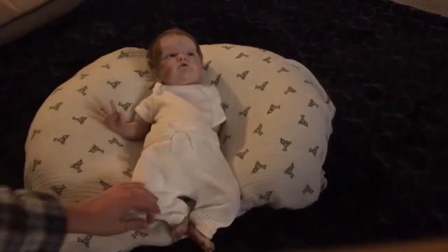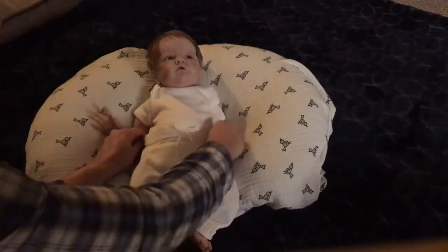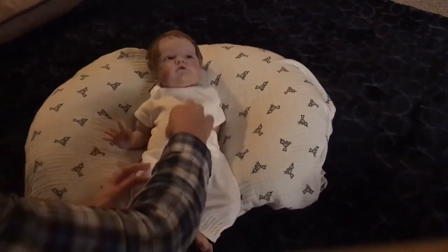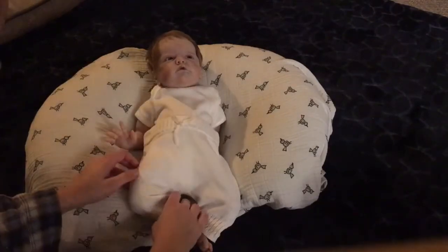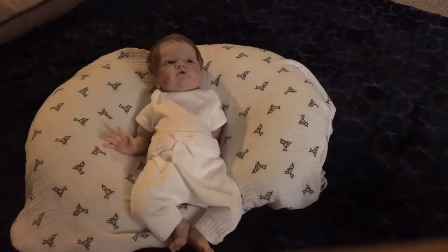So it's a little loose around his waist. But I don't, yeah, see, that's a faux drawstring. It doesn't actually tighten. So I might need to pin it or stitch it or something. But of course he lays down all the time, whether I'm holding him or not. So, boy, he looks so clean and white. Well, this sweater buttons completely, so it doesn't matter what's underneath. I was going to say he has some cute white and gray onesies, but